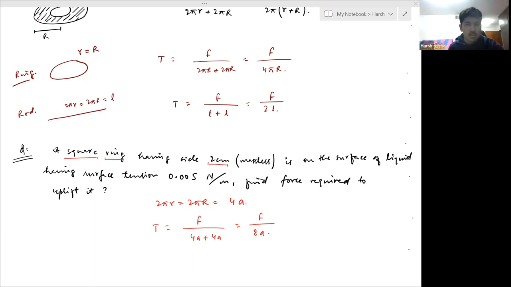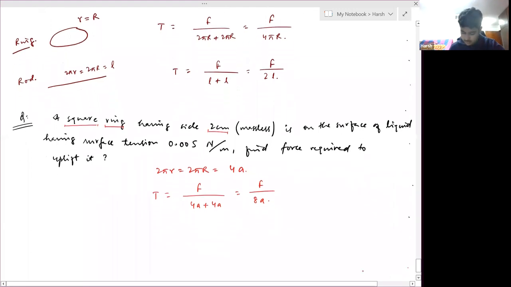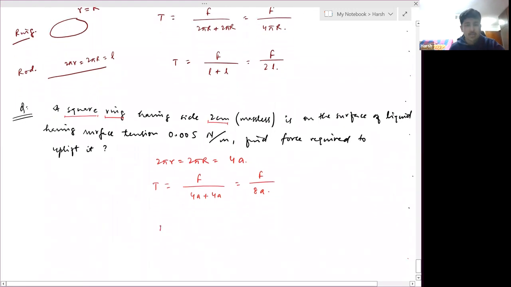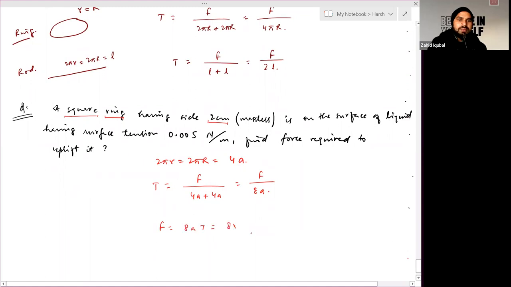Sir, yes, 0.008. If you transform this part, it will be 8 times A into T. So 8 multiplied by A is 2 centimeters, so it will be 16, 2 divided by 100, into surface tension, that is